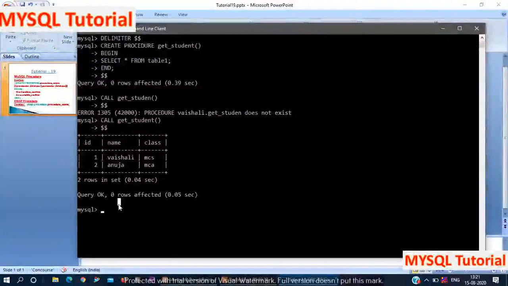Now we are going to create next procedure. This procedure contains some parameter. Again use create procedure, procedure name. Here you have to use different procedure name.